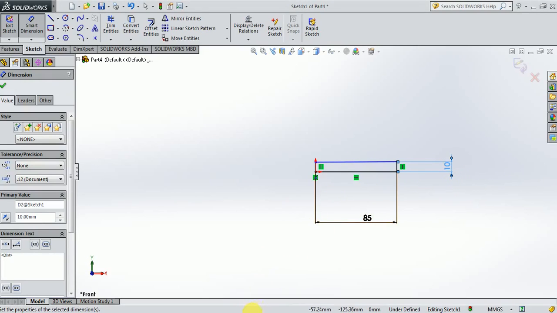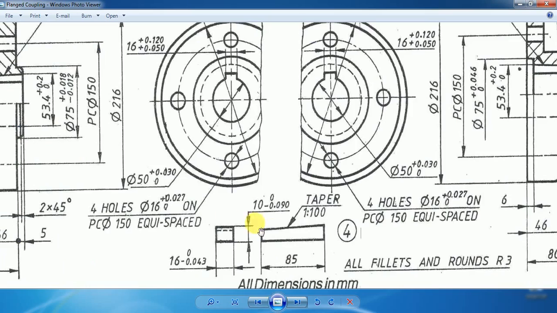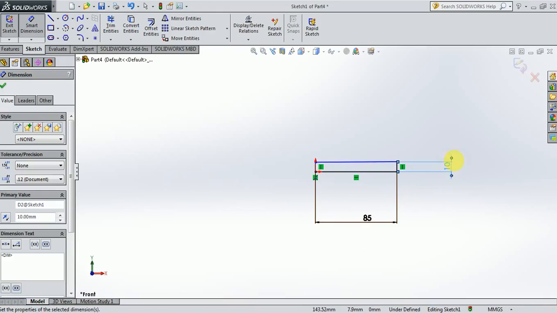Then the question is what should be the height of the key on the left side? They have not given the height of the key on the left side. Instead of that they have given the taper of this key. The taper of the key is 1:100. That is, for every 100 mm length of the key, 1 mm height should decrease. So if it is 10 mm on the right side,